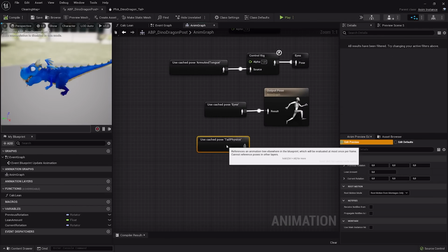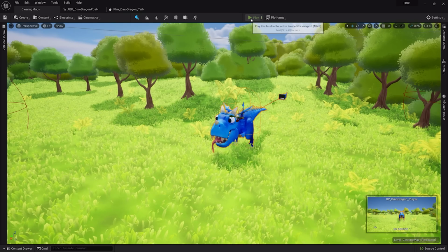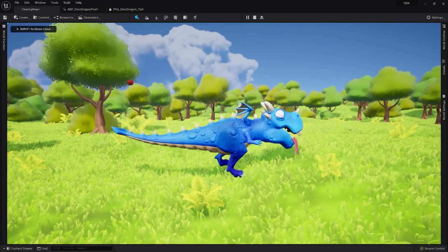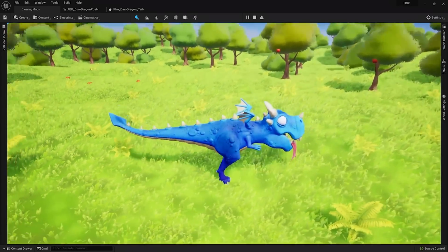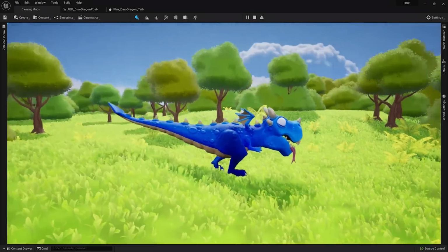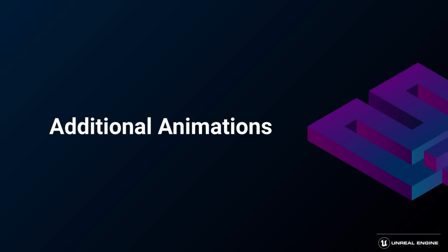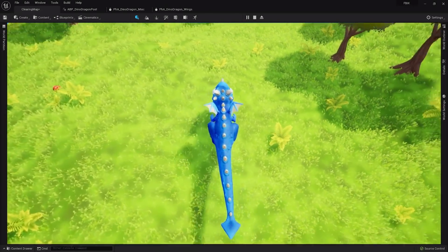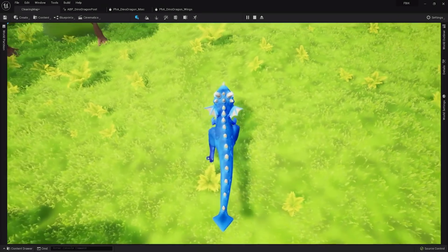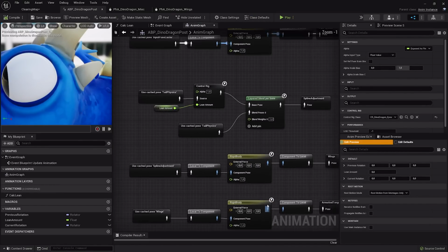So if we now bypass everything and only take a look at the physics of the tail together with what we have done before, this is what we get. Pretty cool. So with this tail doing its work together with the base pose coming from the full body IK, next we want to take a look at the wings, the eyes, the arms, and the tongue. But before we do that, we take a look at the spine, because the spine you can see here is moving a little bit unnaturally. So when he's rotating left or right, it's staying stiff, and the tail is not following him and the head is not looking in the direction. Let's take a look at how we can fix this.